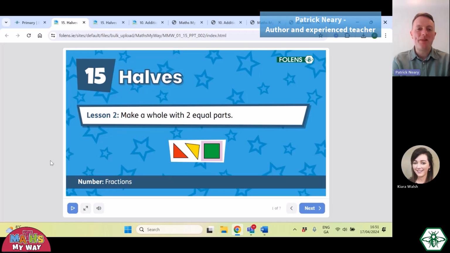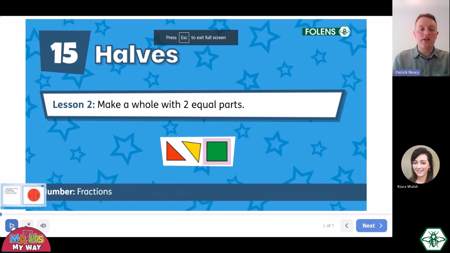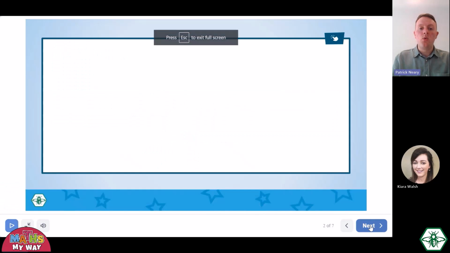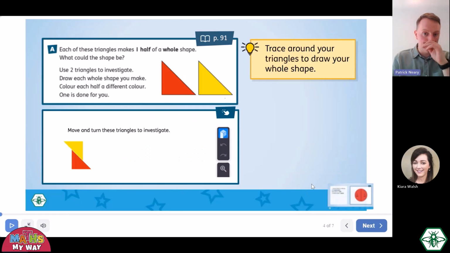In this video, we're going to look at how Polypad is integrated into the Maths My Way teaching slides. So the first lesson we're going to look at is lesson 2 from unit 15 in first class, which is all about halves. And you can see that the children will be working with tangrams, and on our teaching slides, we'll have virtual manipulatives of the tangrams so that front of class, you can support the children as they engage